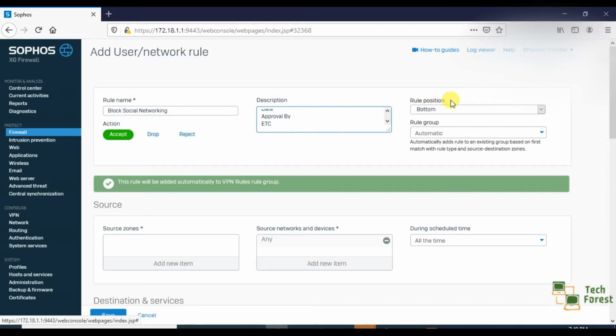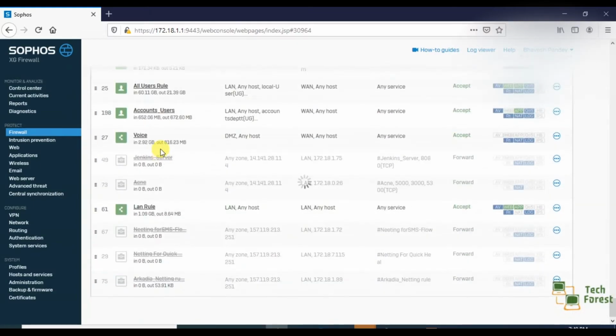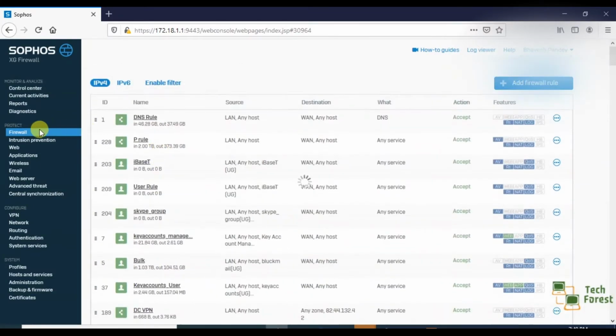In the rule position you have two options, bottom and top. As we discussed in the last video, all the traffic moves from top to bottom. Here you can see we have lots of rules created.